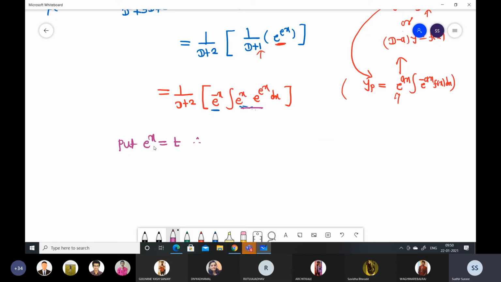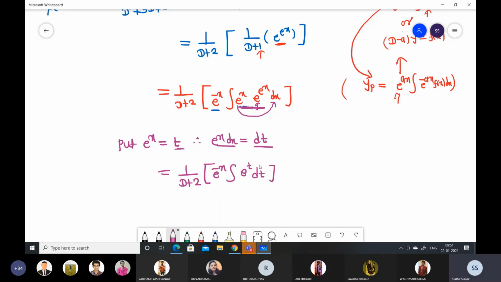And then what will be the answer of its derivative? So e to the power x dx will be dt, right? And now I can write this integral by using this substitution. So this remaining term I'll keep as it is. So 1 upon d plus 2 as it is, e to the power negative x, that also as it is. Only I'm focusing on the integral. So that integral will be this e to the power x into this dx. This whole term gets replaced by dt, and this e to the power x term gets replaced by t and dt.